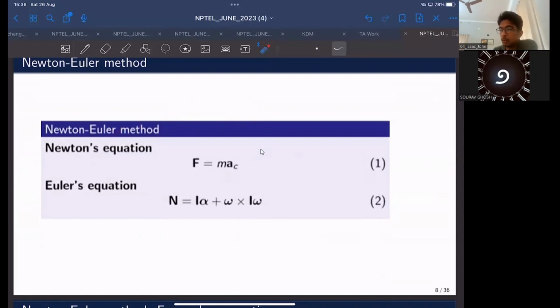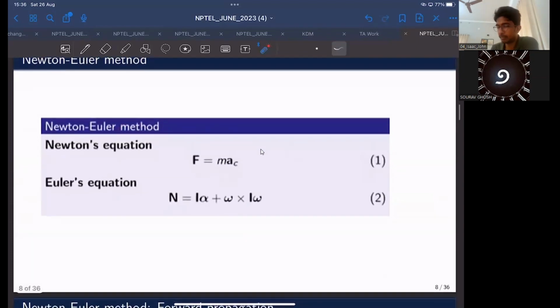You have already seen how to do this forward velocity propagation and backward force propagation as we covered statics, right? But in dynamics, a few more terms will come, because earlier in statics the robot was assumed to be static, and due to that, the terms contributed by the inertia of the robot did not come into the picture. In dynamics, the forces are also influenced by the inertia of the robotic system. So a few more terms will join while deriving the dynamic model of the robot.